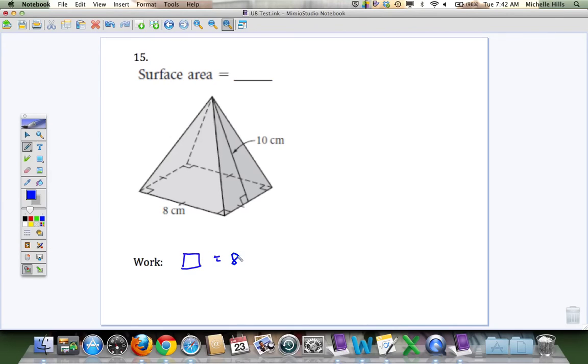And then the last problem on the test, this pyramid, it's got a base that's a square, so the area of that is 8 by 8, which is 64. And then each triangle, and there are 4 triangles, so